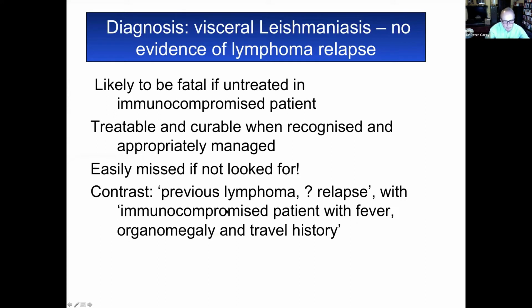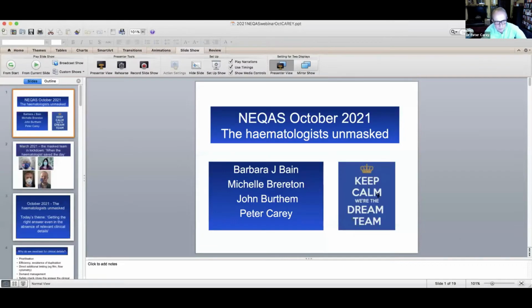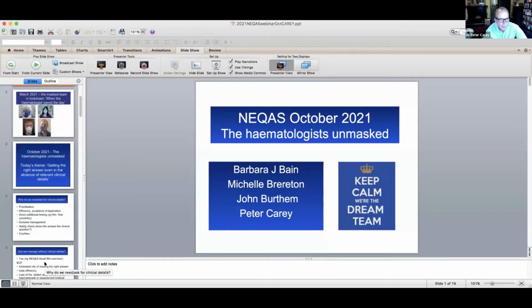And I have to say, on the few occasions I've diagnosed this condition over many years in haematology, it's usually been a surprise. We're often asked to look for it when we don't find it by the infectious diseases team quite properly. But we've discovered it in haematology patients and other immunocompromised rheumatology patients by accident. And you think, thank heavens for that. And I wonder whether we've ever missed it. And although it's often a marrow finding,